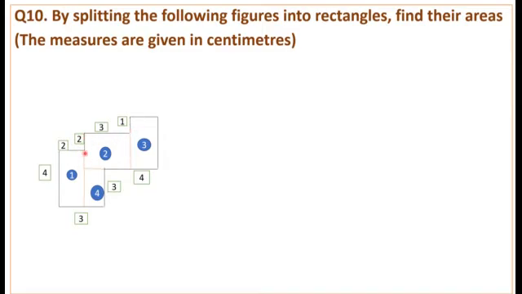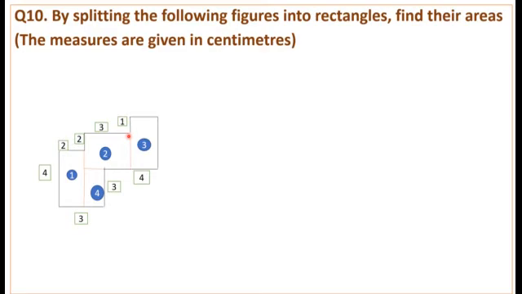And we need to find out this length. So when we take a line parallel to this one, we get this line, where this is 4 centimeter and this is 3 centimeter. So 4 minus 3: the total is 4 and this one is 3. When we subtract 3 from 4, we get 1 centimeter. So this 1 centimeter plus this 2 centimeter, the total is 3 centimeter. So here we have 3 centimeter and this is also 3 centimeter.